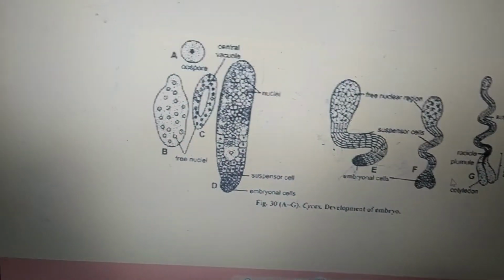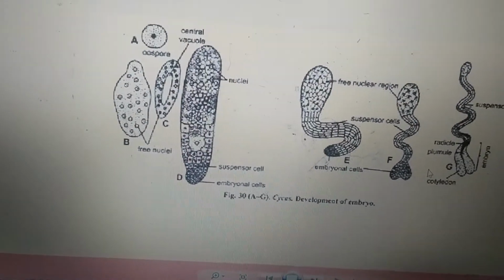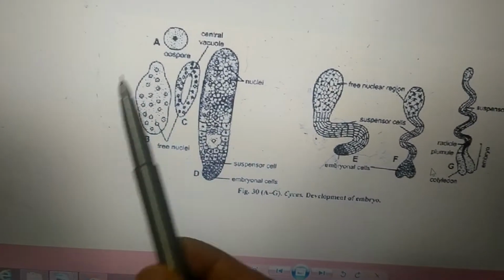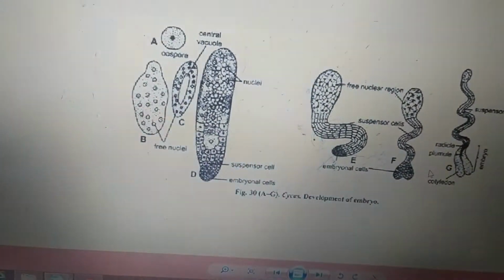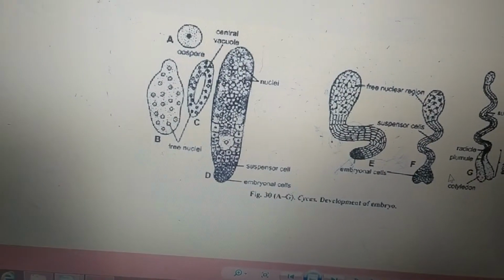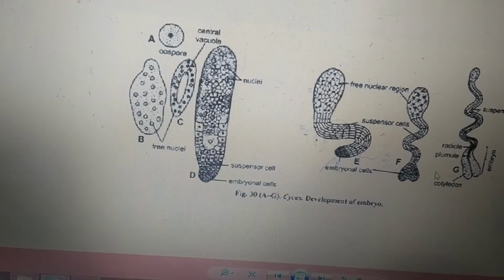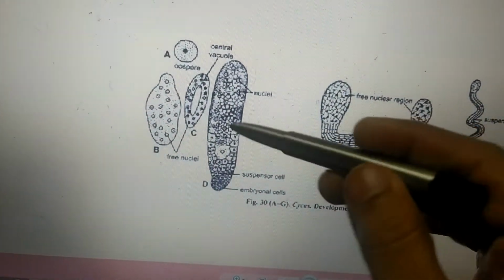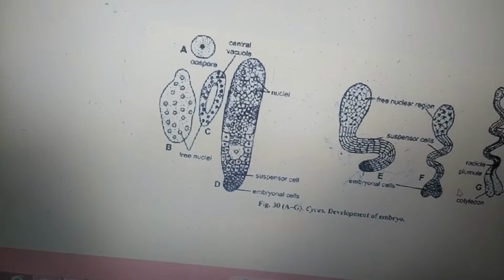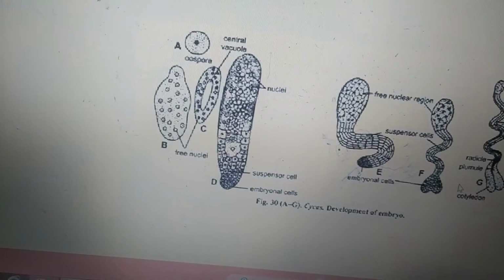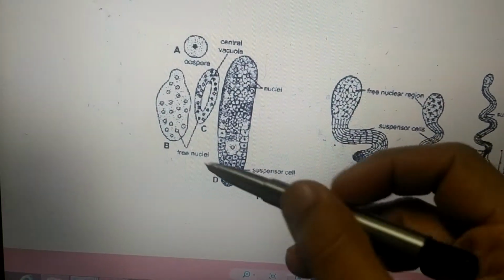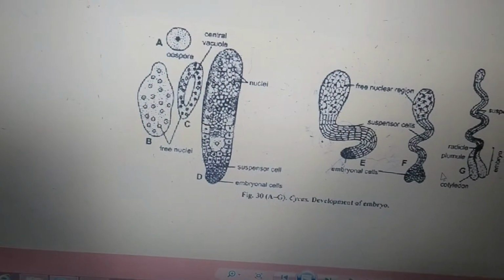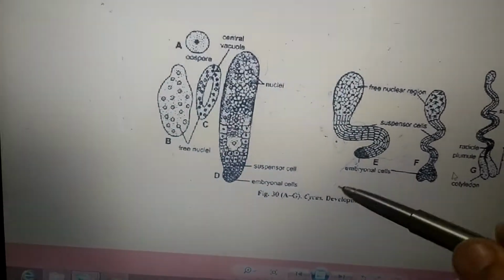It moves to the base and starts to divide. This division is not followed by wall formation. As a result, this is called free nuclear division, leading to formation of some 200 to 256 free nuclei. The nuclei and the cytoplasm of this central region disorganize, forming a vacuole. So there is a formation of a vacuole in the center. As a result of this, the nuclei as well as cytoplasm are disorganized. Subsequently, there is wall formation. This wall formation begins from the base to the upper region, leading to formation of an embryonal mass.